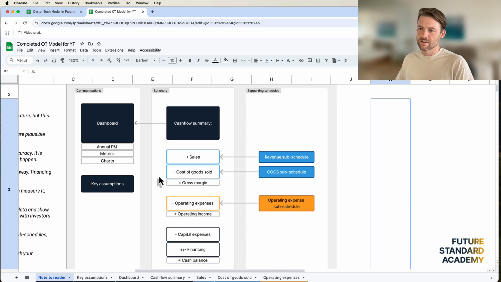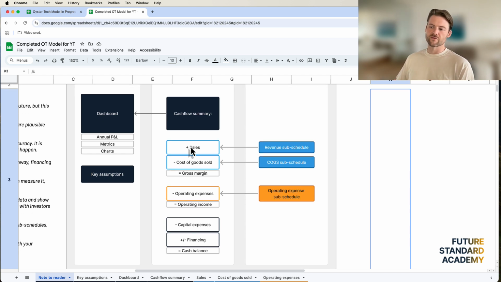Yeah. So this here is a bit of a schematic. And what it's saying is that there's basically three different sections. So on the far left, we have the dashboard, which consists of the profit and loss on an annual basis, some metrics and some charts. Okay. There's also a key assumptions tab, and you can see how these track down here, right? So key assumptions and dashboard. On the left, it's the most summarized information. Then we go to the right, and things start to be decomposed, right, into their constituents. So the cash flow model or summary is next up, and that consists of what is effectively a cash flow statement, if you remember your accounting from way back.